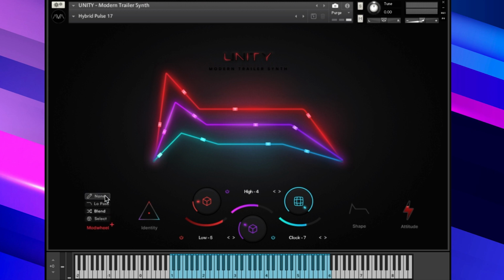So with the mod wheel, if you click this button here, you have different options. You have none. You have low pass, which is a filter. You have blend, which will allow you to blend the different sound sources with the mod wheel. If I select that, the bottom layer here, as you can see, the color changes as I move it up. So with blend, I have the red layer all the way down, and then as I move up, we have the purple layer coming in,